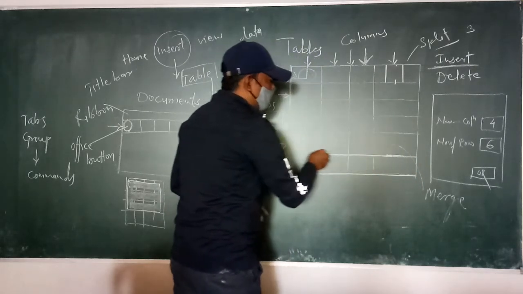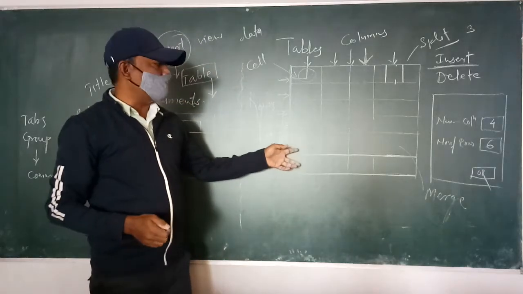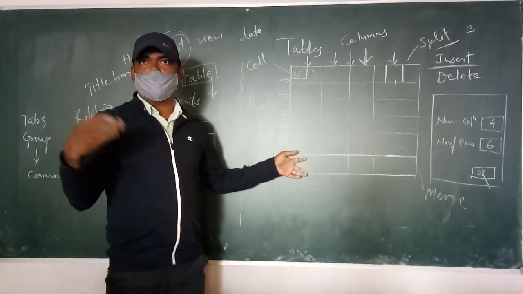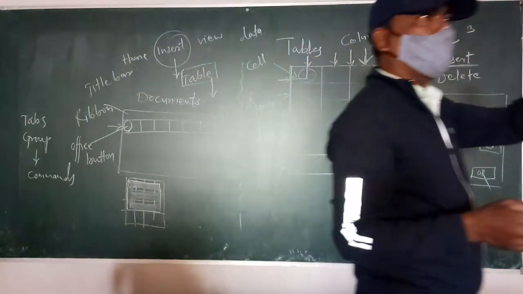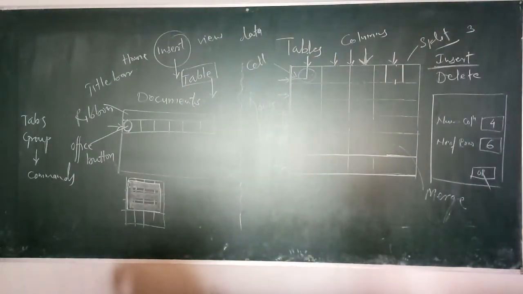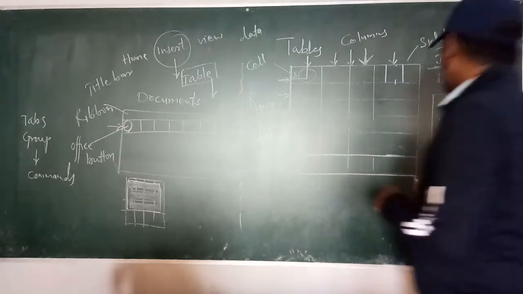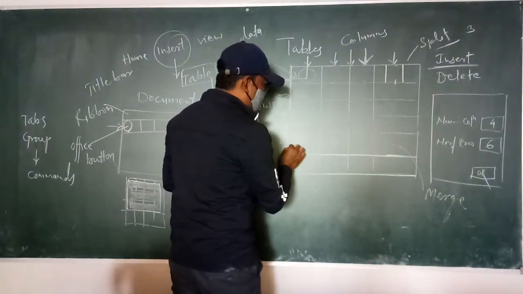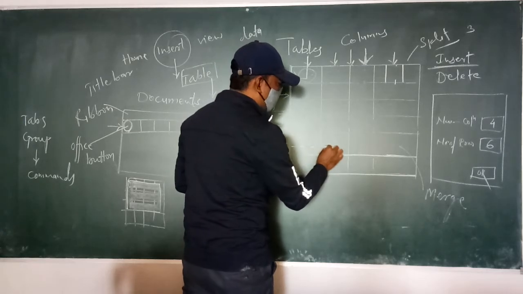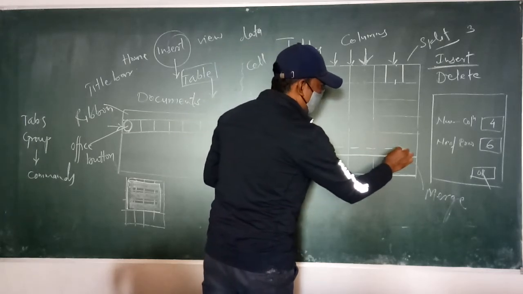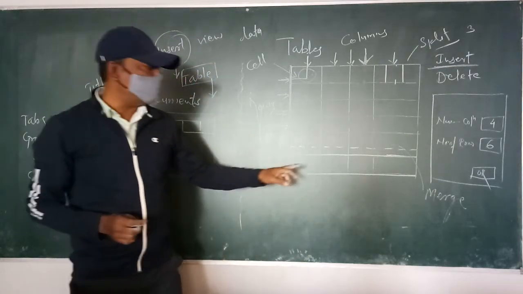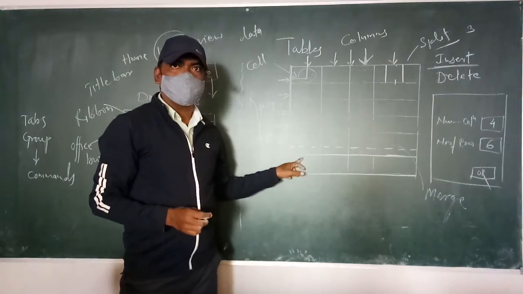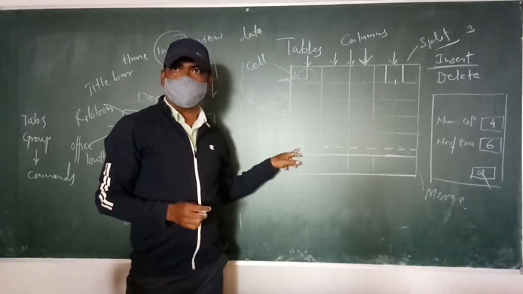If you want to change the color of the borders, you can change it by using that option. You can change the size of the border lines, and you can change the style of the border also. Instead of a solid line, you can use a dotted line for your table. This is a solid line; instead of that, you can use this line.